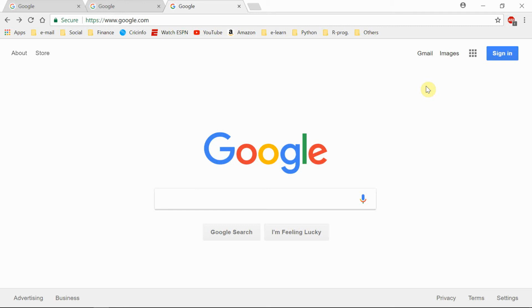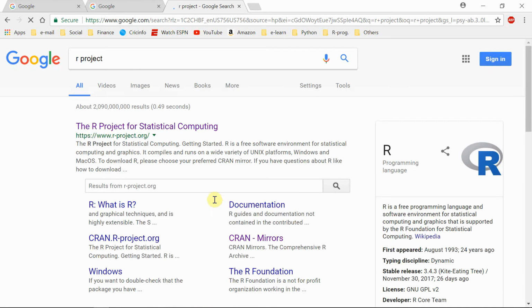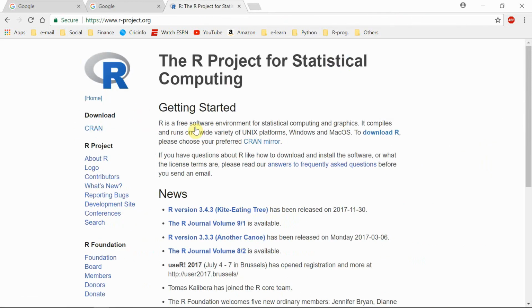So first of all, open your browser like as I have done here, and then type R project. Then you'll arrive to this page which reads the R project for statistical computing. Click here. Then you will be directed to a page called www.r-project.org. Then you can see a download title here,